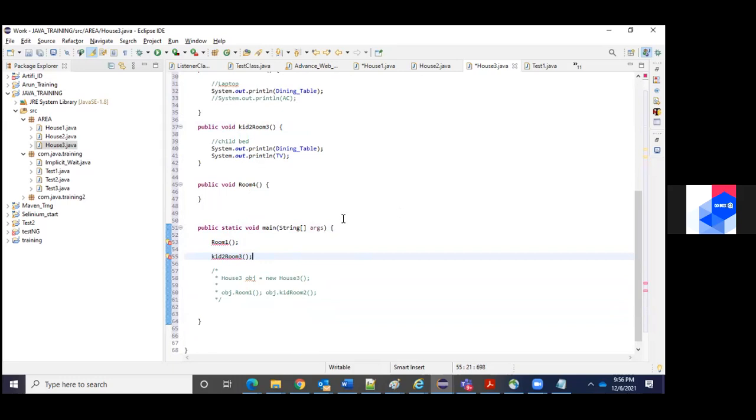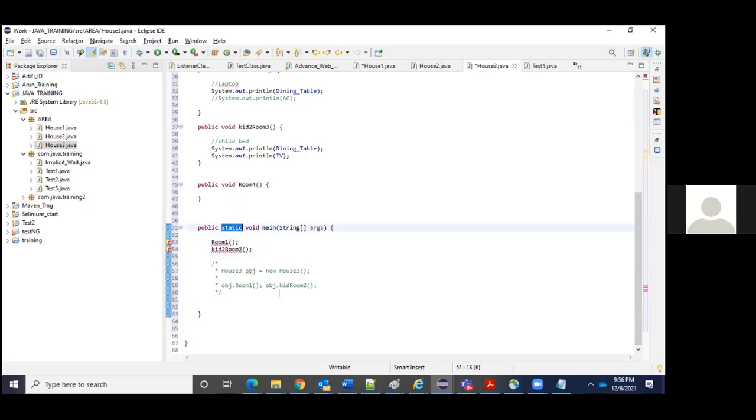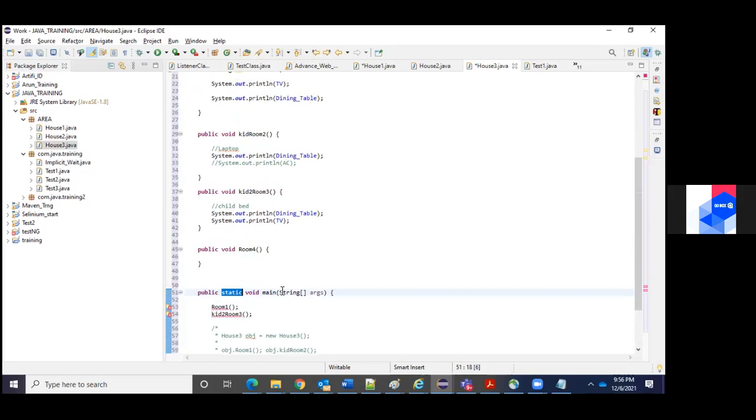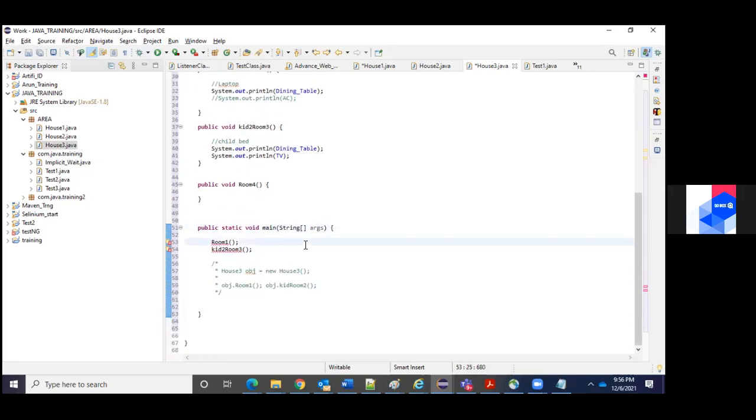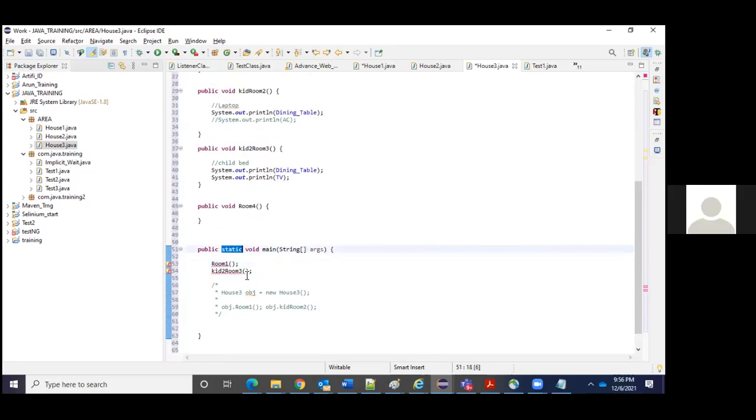Has anyone tried the examples yesterday? Lavanya, did you say that's fine? So now I want to do this one. I'll ask some other. No, I didn't try. When a method is declared as static, we can access it with the method name. Okay. Methods are of two types, static and non-static.